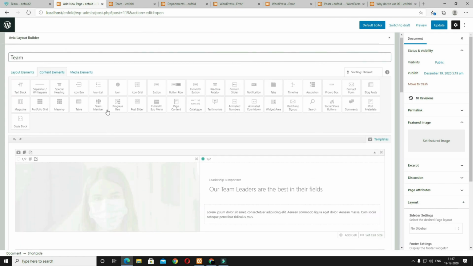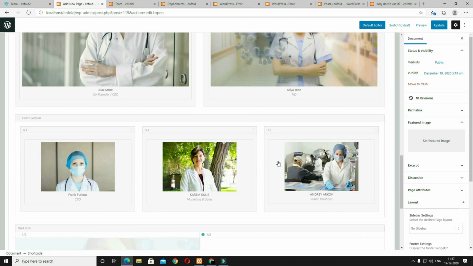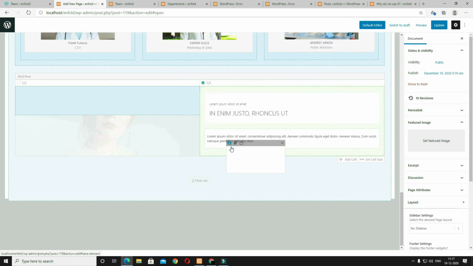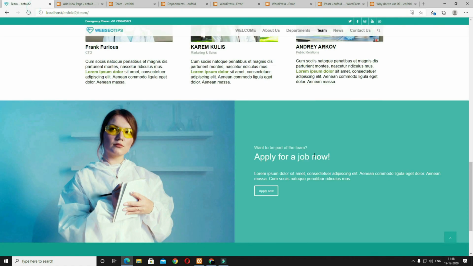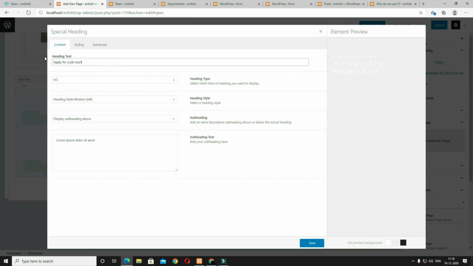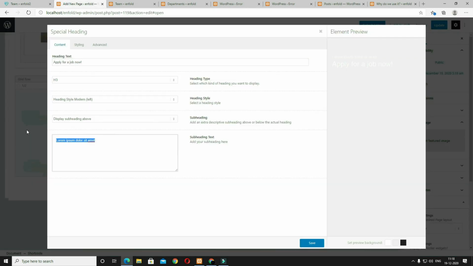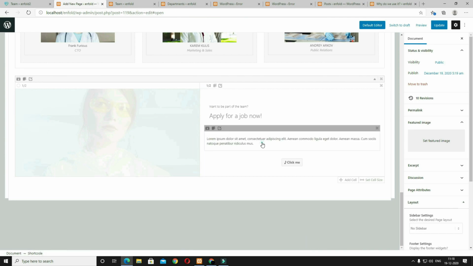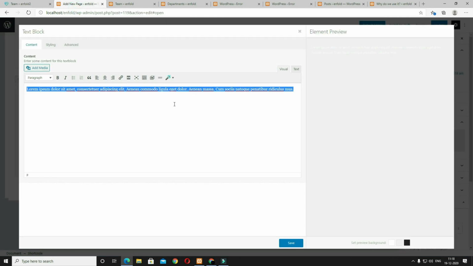So come back to the content element. I need a button also. Click in this, scroll down, drag and drop it inside the second column. Now click in this. So as a title I need this one, so change the title text here. After that, as a subtitle I need this, so change it also. Next, click in the save option, click in the text block. So in the text block I need this text, so copy it, and whatever the text you want you have to write it here.